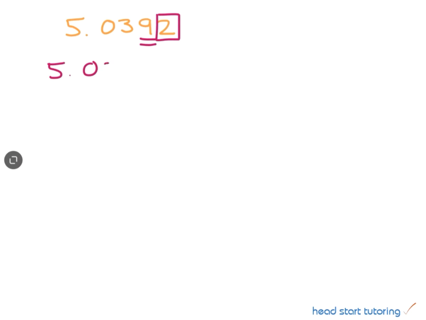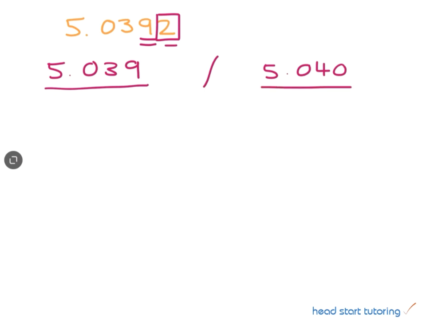So 5.039 or 5.040, because 5.039 would be one of our options, because that would be rounding off to the nearest thousandth if this number is less than 5, which it is in this case. And this would be rounding off to the nearest thousandth if this number in our 10 thousandths column was 5